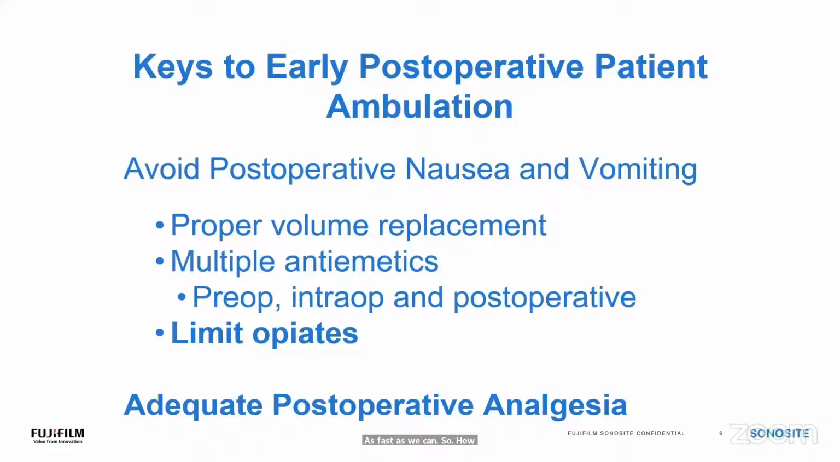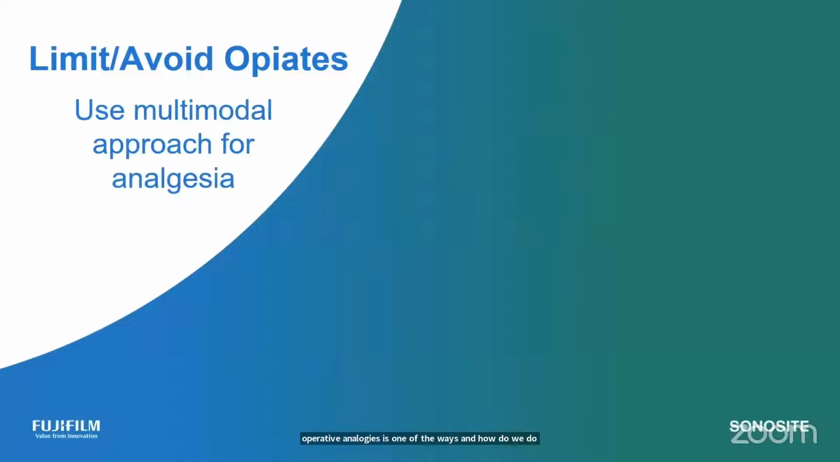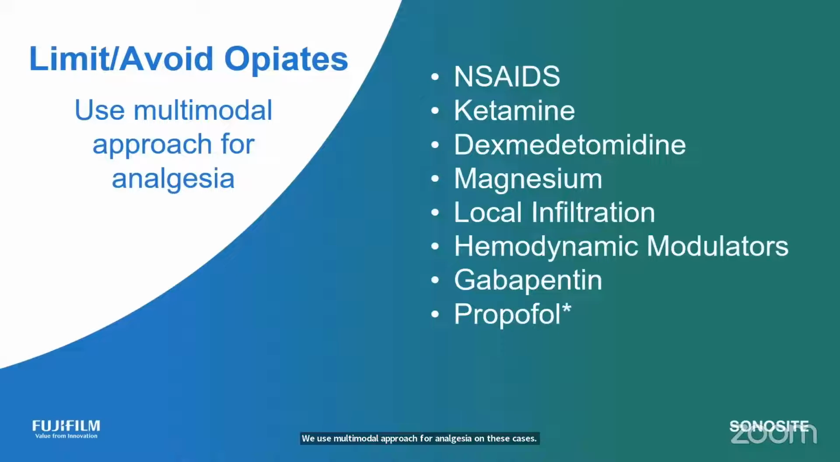Adequate post-operative analgesia is one of the ways. And how do we do that? We use a multimodal approach for analgesia on these cases. And we can define this however we want. There's not one way to write an ERAS protocol. And your surgeons are going to have input. Your nursing staff's going to have input. Everyone in the anesthesia group's going to have input at some point. So we use combinations of the drugs here: NSAIDs, ketamine, dexmedetomidine, magnesium, local by the surgeon on top of the